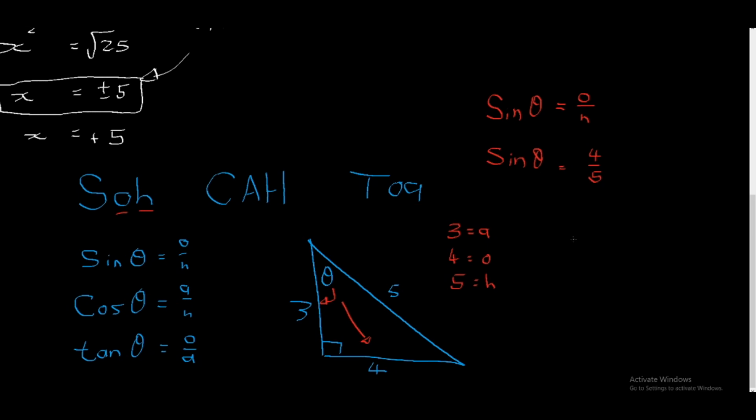And then if we want to calculate theta, we need to use something known as the inverse function of sine. You can find this on a Casio calculator by pressing Shift plus sine. That should give you the inverse function of sine, which appears with a little -1 as the exponent. So we can type the inverse function of sine 4/5,